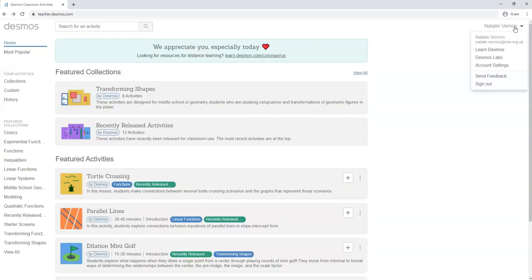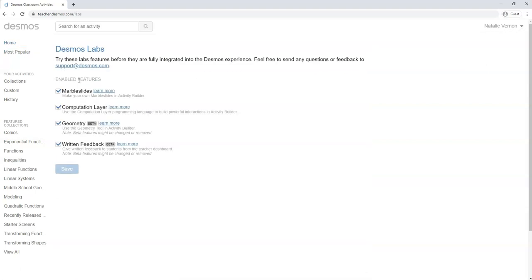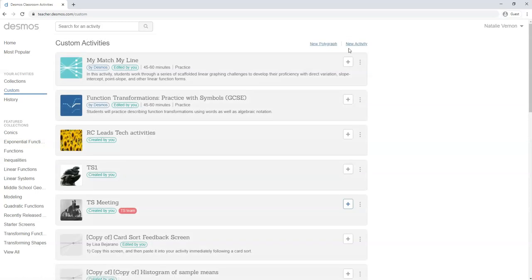Once you've signed in, go to your name in the top right hand corner, Desmos Labs, and make sure that all 4 of these features have been ticked and enabled, and click Save at the bottom to save your settings. This only has to be done once, but it's important to make sure that they're enabled before you start creating your first activity. Once that's done, in the left-hand pane under Your Activities, go to Custom, New Activity,